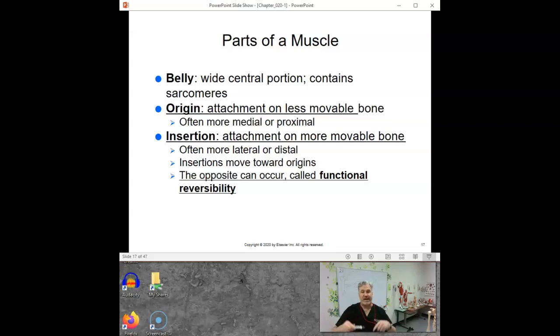Do we flip the names when it's not true? No, we still keep calling them origin and insertion. But there are many examples when the origin moves closer to the insertion. It's just a general thing, so I don't like worrying about it too much. I just want you to be able to find muscles. And the way you find muscles is knowing their attachments. It doesn't matter what you call it. If you can find the attachments, you can find the muscles. And that's really, really true.